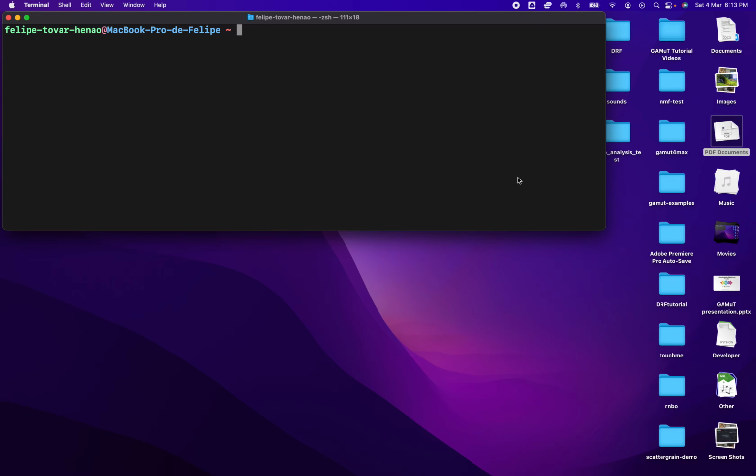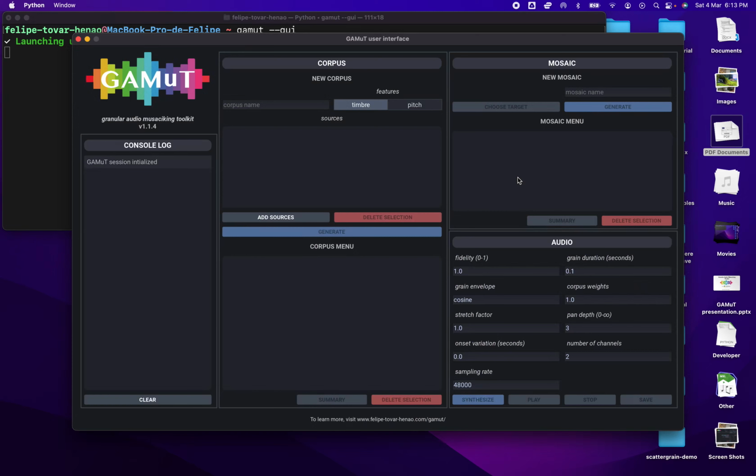Hi everyone. So in this video we're going to take a look at the basic workflow for creating audio mosaics in GAMuT. So now that we have GAMuT installed, let's go ahead and open up the graphical user interface. So the basic pipeline is we first have to create a corpus. From this corpus we can then create a mosaic, and having that mosaic we can synthesize it to audio based